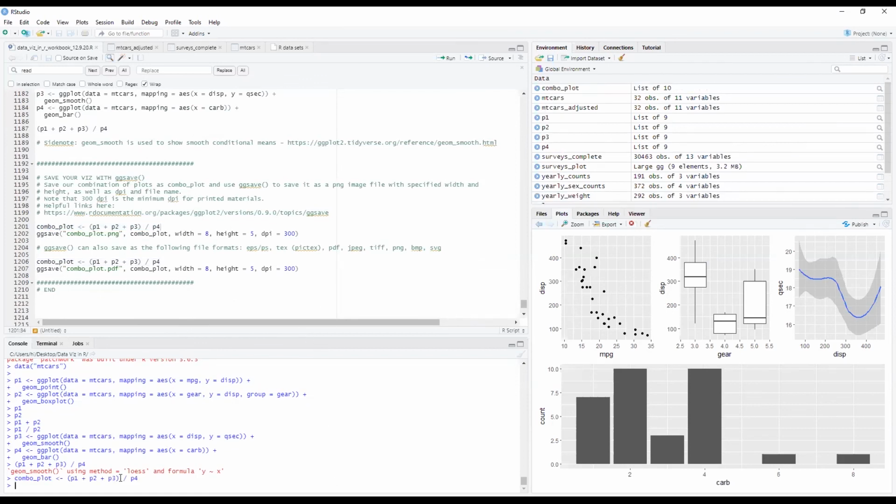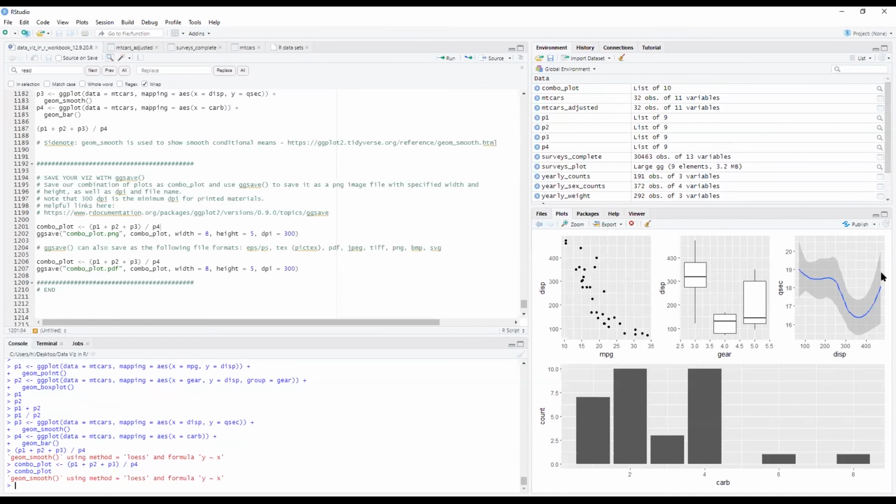And here I'm going to call up combo_plot to show you what it looks like. It looks like this, right? What we had before. I can call up the ggsave function. I'm going to make this into a PNG, and I'm going to specify what I'm going to name this: combo_plot.png. Here I'm referencing this particular object, this variable that I've assigned this set of patchwork visualizations. I can specify width in inches, height in inches, and the DPI, the dots per inch.